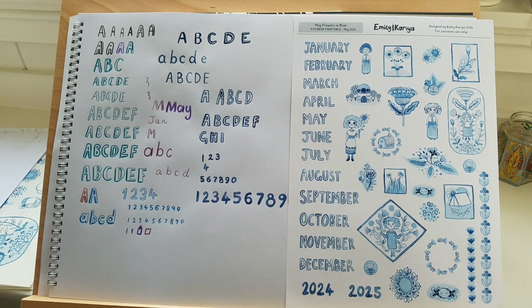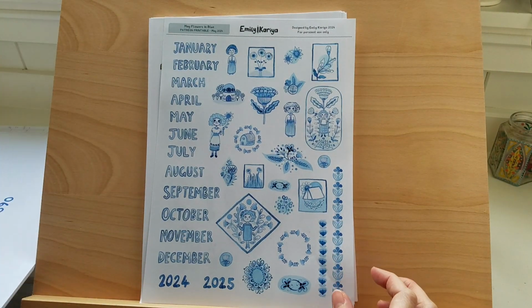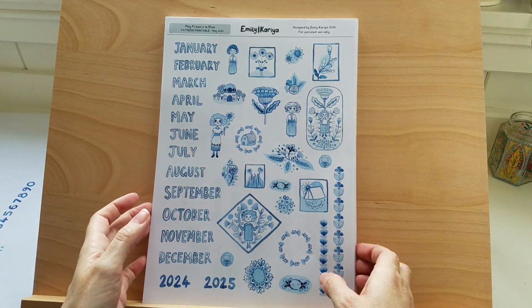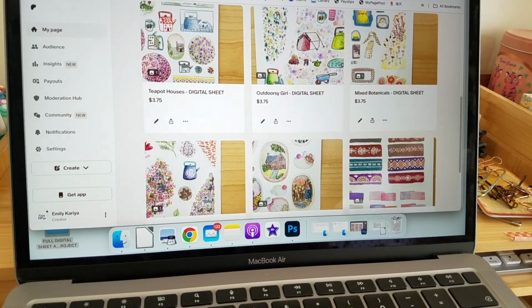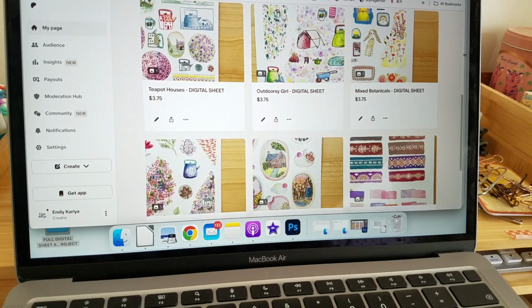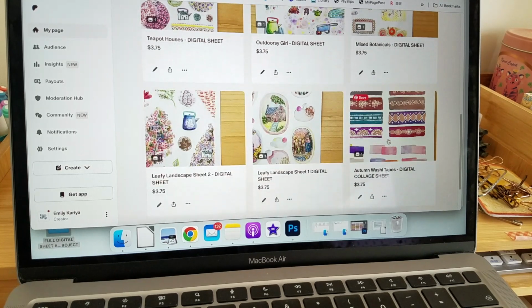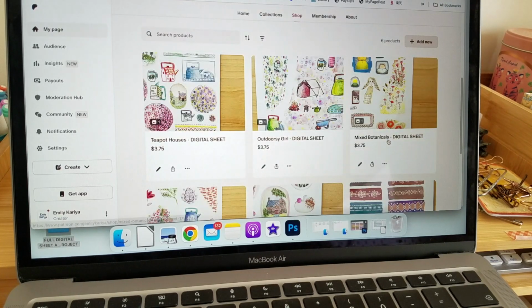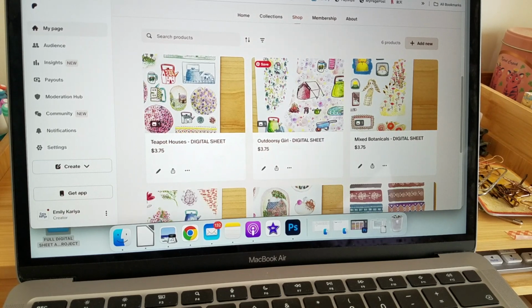You can end up with quite a backlog of things, and you can end up with over a year's worth of things on there that are completely free. And at some point you have to decide as an artist which ones you're going to archive and when, and then what you're going to do with them. And up until recently I was selling them on Etsy, but I kind of got a bit fed up with Etsy. I didn't really like the direction the website was going in, and coincidentally, thankfully, Patreon now has a shop feature on it, and you can actually set up a little shop to sell things through Patreon, and it's going to be a lot simpler for me